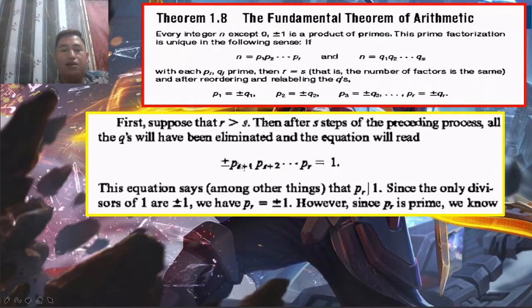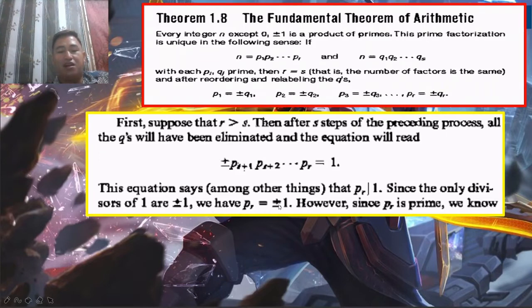Only some P's remain, so the product of them is equal to 1, meaning they are all positive or negative 1. This equation says, among other things, that PR divides 1. Since the only divisors of 1 are positive and negative 1,